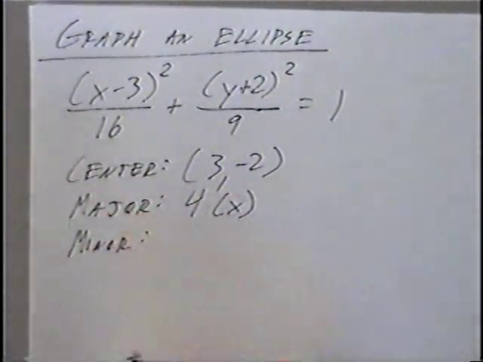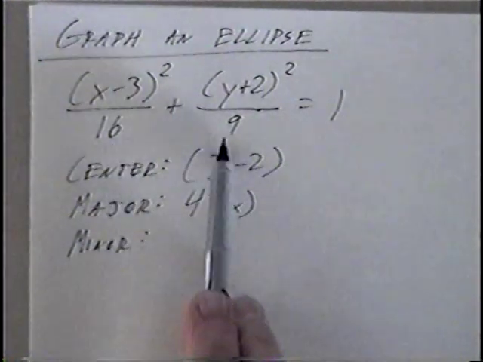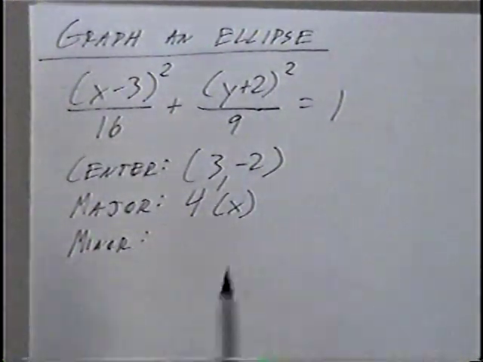For the minor axis, we'll take the smaller number underneath the fraction, which would be 9. And again, take